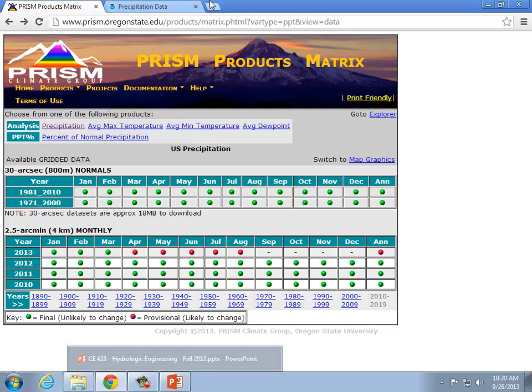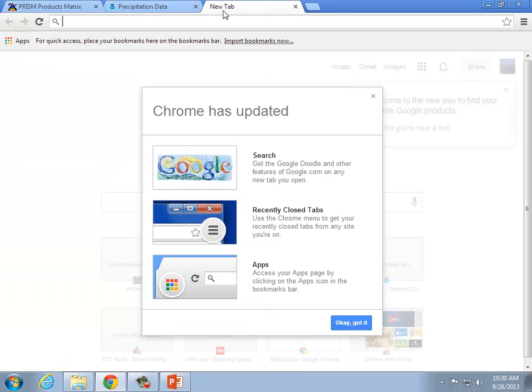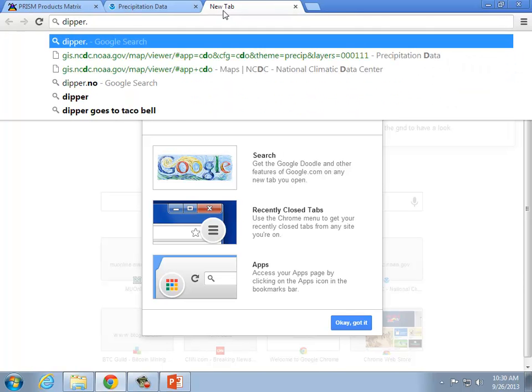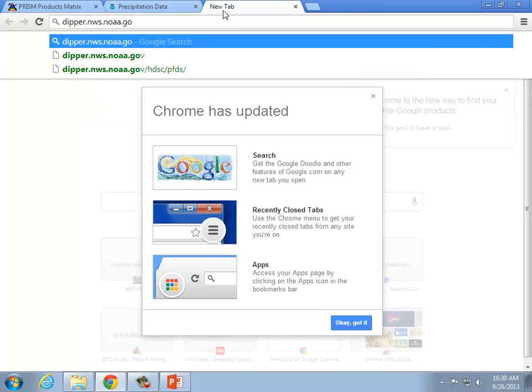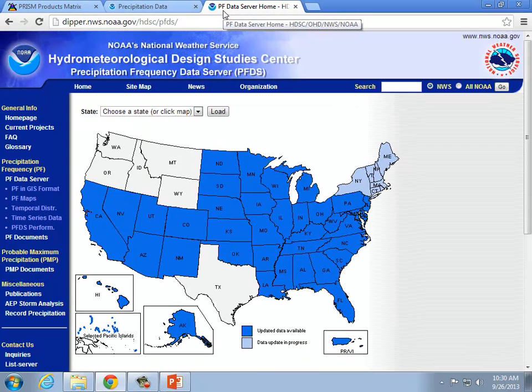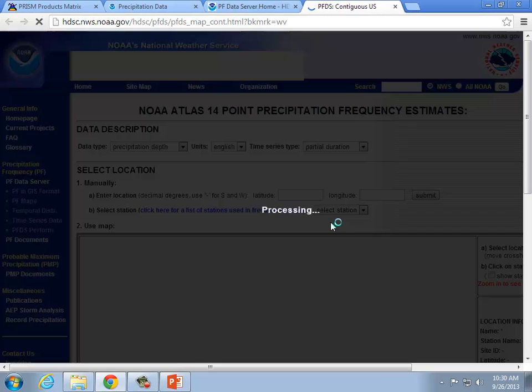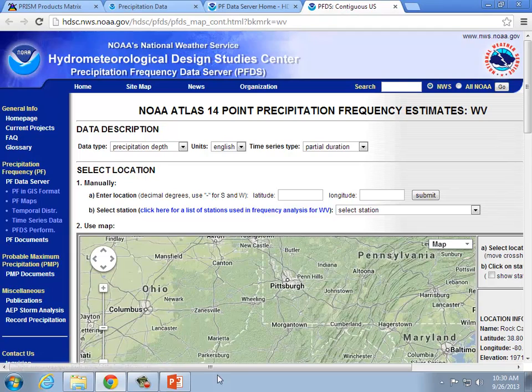Let's pull up the site and take a look at what's there. So we go to dipper.nws.noaa.gov. Okay, you start with the map, and if we click on West Virginia, then it'll immediately bring up this dialog